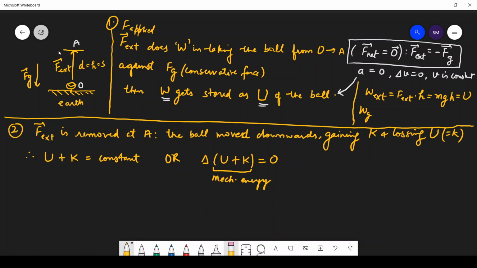Means when the ball is moving, an external force is applied in taking the ball from O to A. So what will be the gravitational work done? Work done by the gravitational force is F gravitational into h into the cosine of the angle between them, because this direction angle is 180 degrees. So cos 180 is,